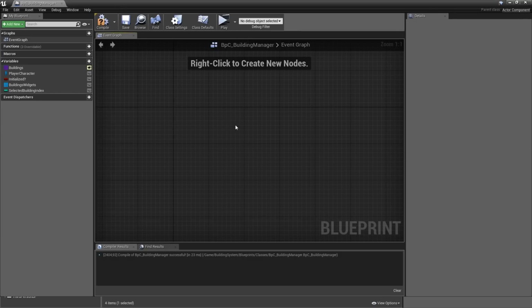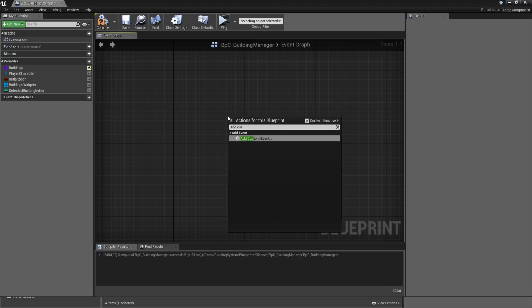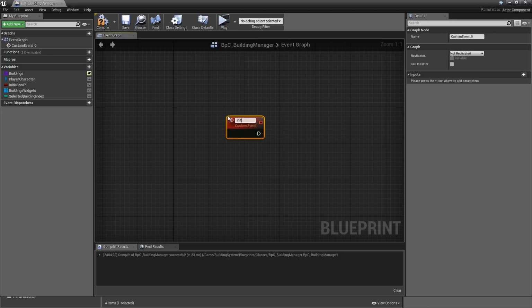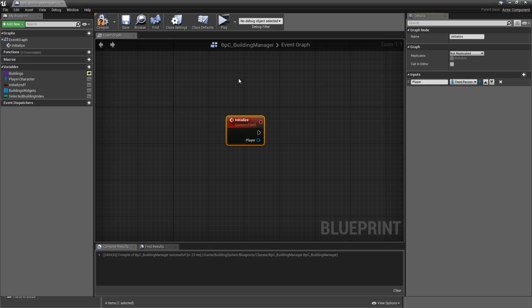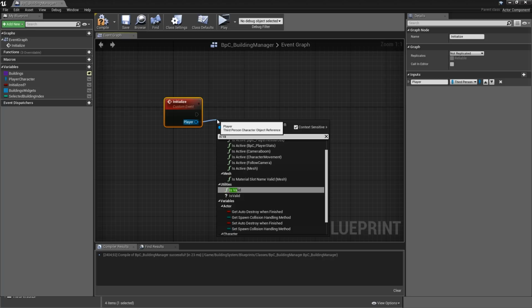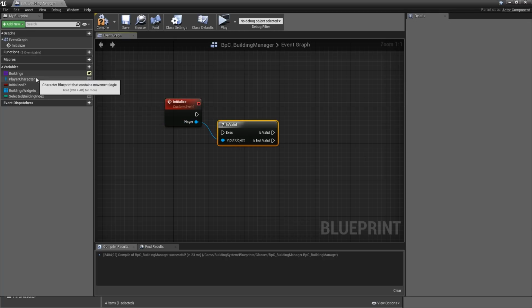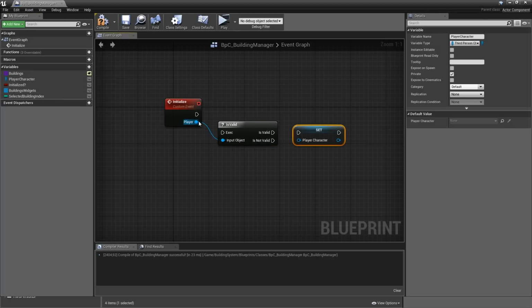Remove the default events and add a custom event called initialize that needs one input, called player of the type third person character reference. Like in our other managers, we want to check whether that input here is valid, and if so, set the player character to that input, then hook everything up.